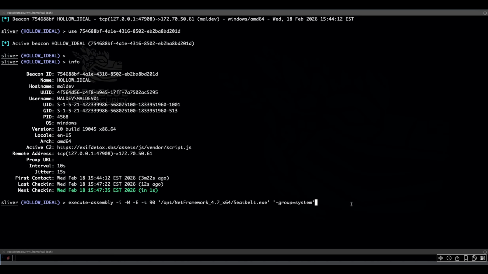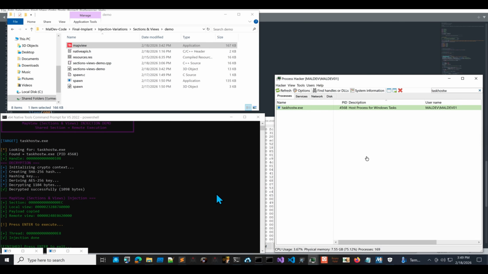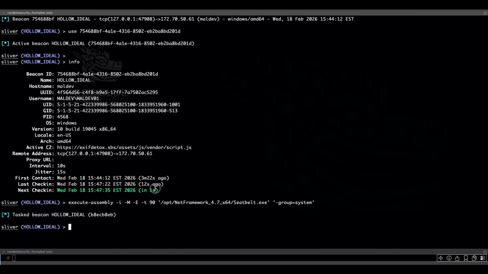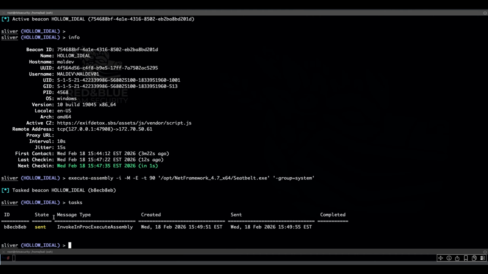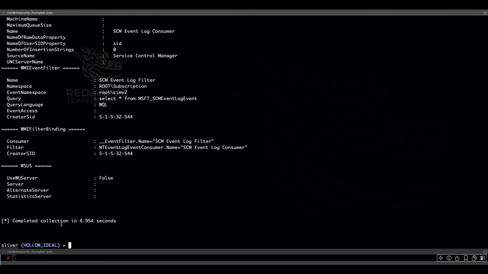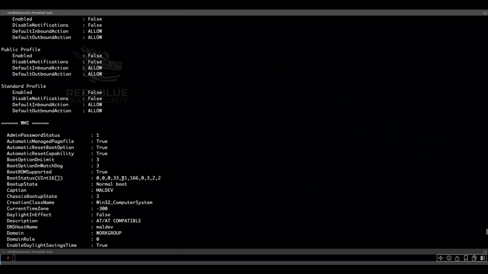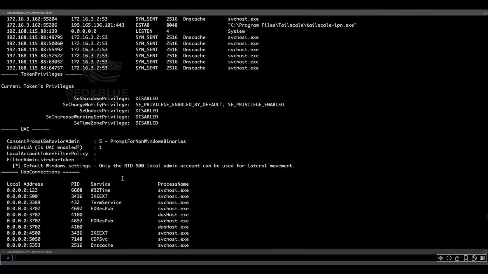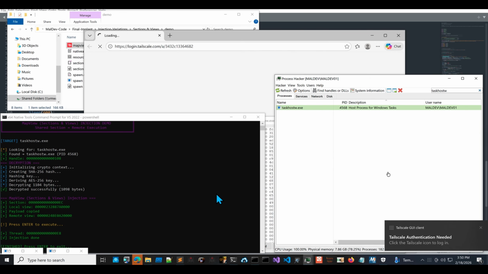So we are going to execute Seatbelt, but we are going to use the inbuilt command that comes from Sliver to be able to evade or bypass the AMSI and also the ETW on the user space, non-kernel space. So let's execute it. It says has been sent. And as you can see, it was executed successfully. And no alerts, no nothing